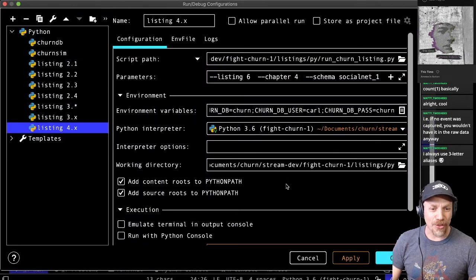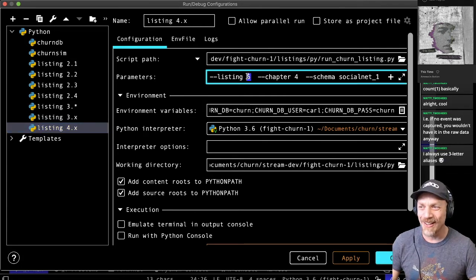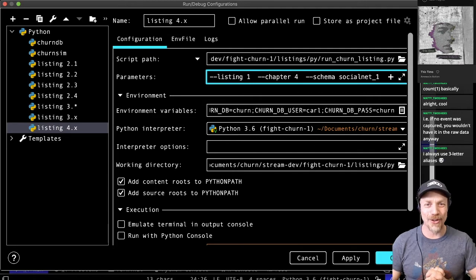Oh, you use 3-letter aliases. Yeah, I should use 3-letter aliases. Coding style is one of those things where it's like, do as I say, not as I do. I always have a lot of good coding advice for when I give someone else a code review, but I hate to hear it when it's my own code review.